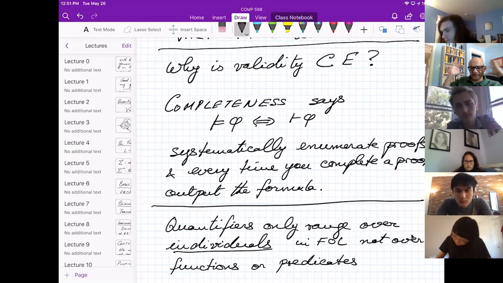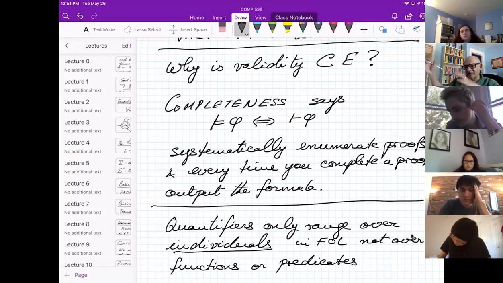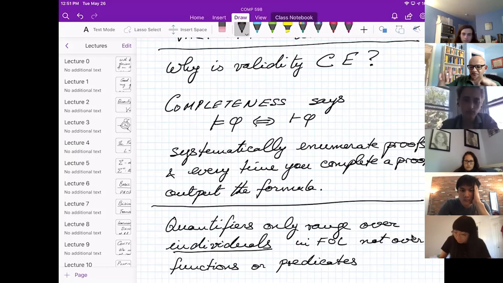Remember we said you have some fixed set of functions and that's it, and you interpret them and then you work with them. You can say for all x blah blah blah, but you can't say for all functions something or the other, for all predicates something or the other.